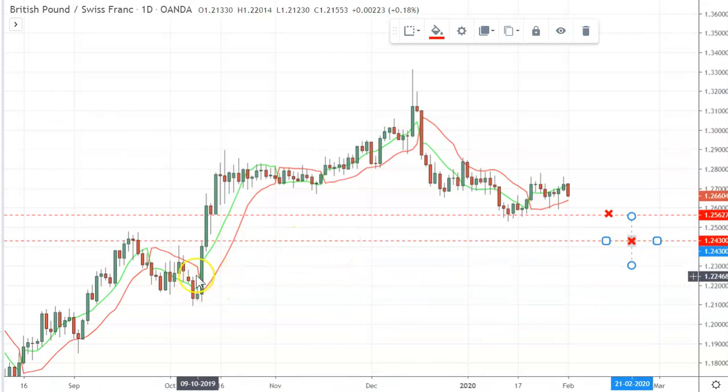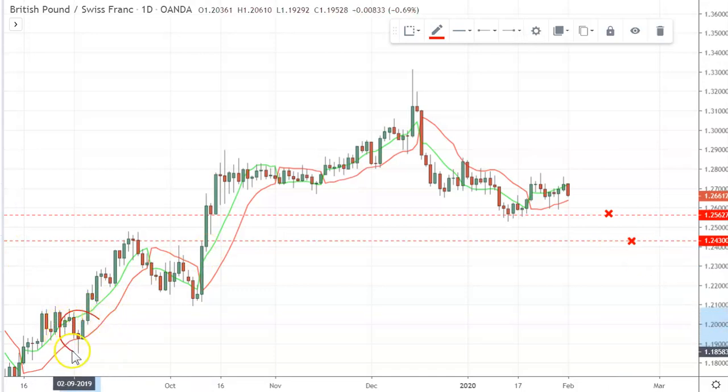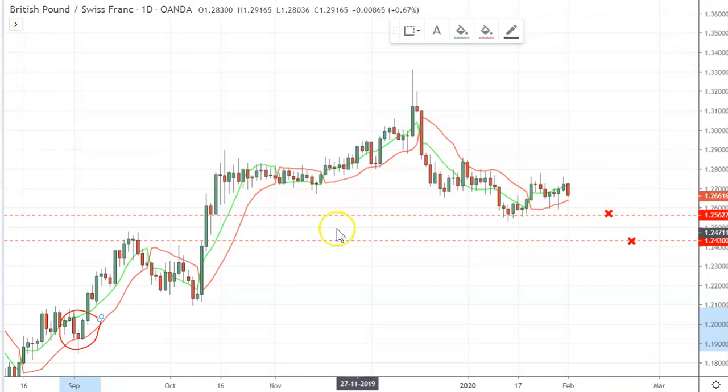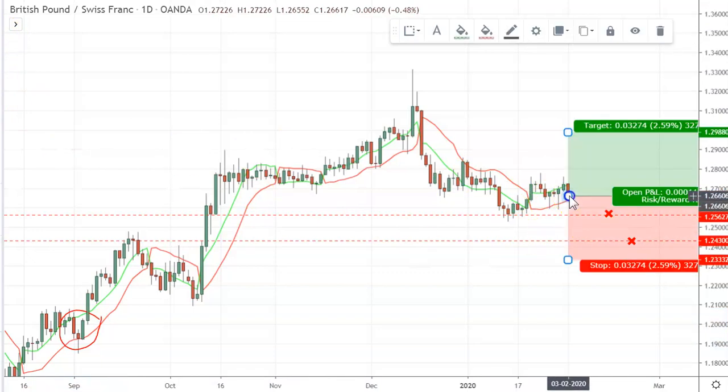This scenario here is a good one. Looking for this kind of signal off key areas of support. Can this come down? Absolutely. And we are looking at a possible